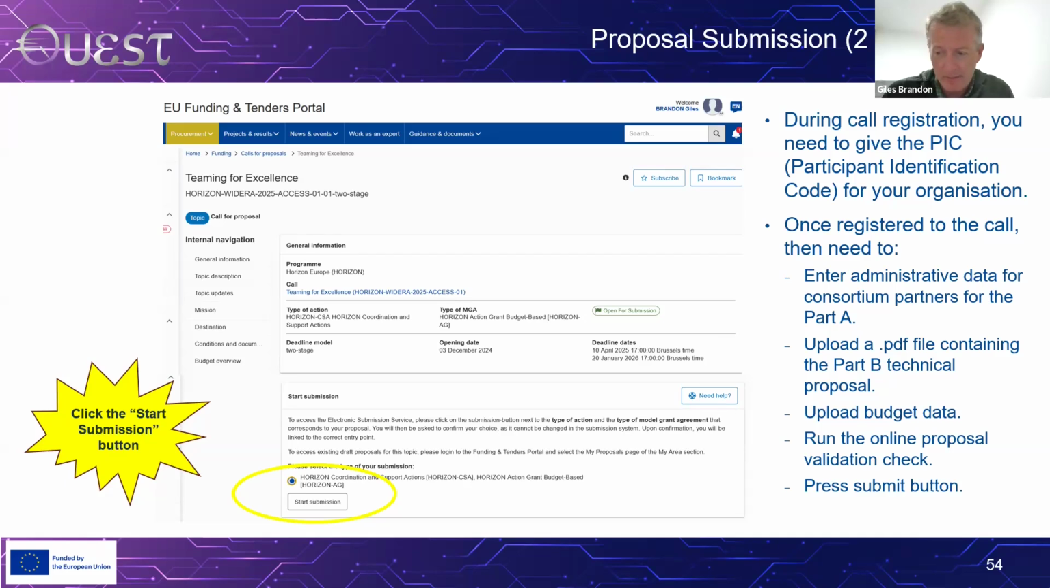Once it's submitted, that's not necessarily the end of the story. Up until the actual deadline, and the call deadlines are usually 5 o'clock Brussels time on whatever day, you can keep submitting further versions of your proposal. So for example, in my experience, I always like to make sure I've got a version submitted at least several days before the deadline. What I really don't like to do is wait until the final day before submitting a version, because on